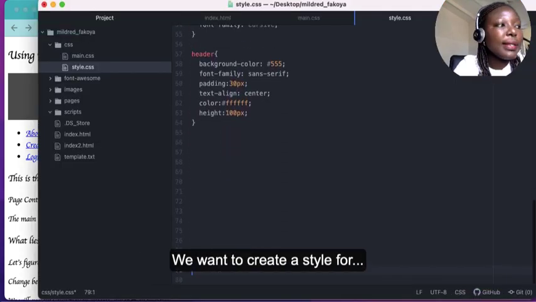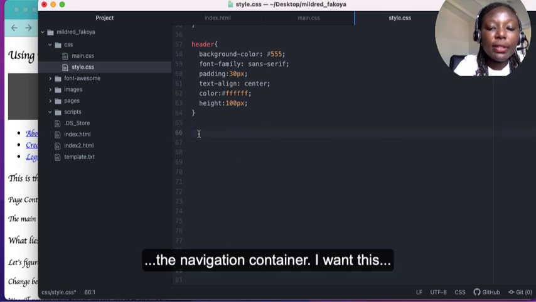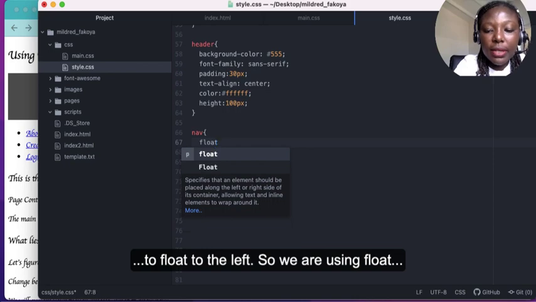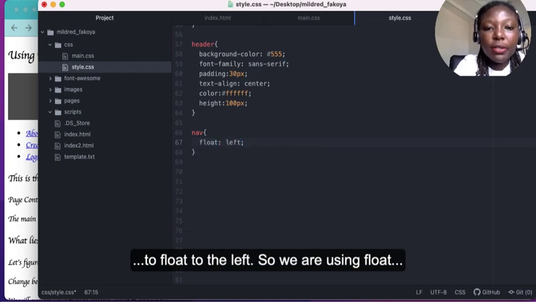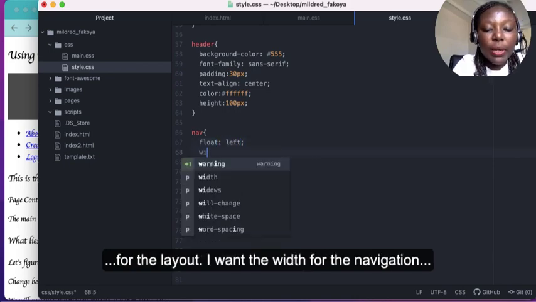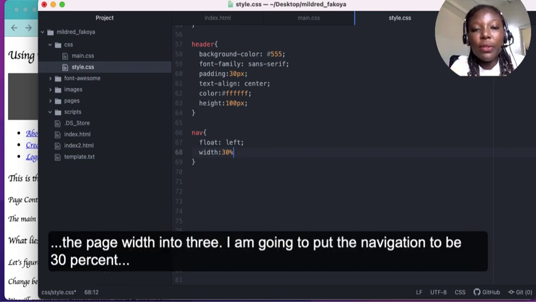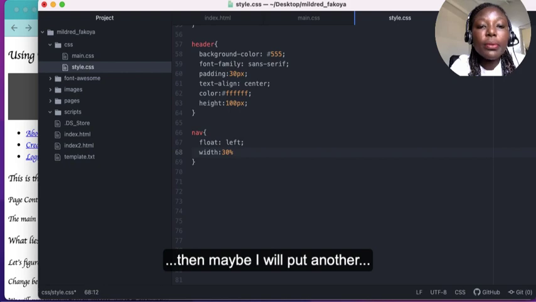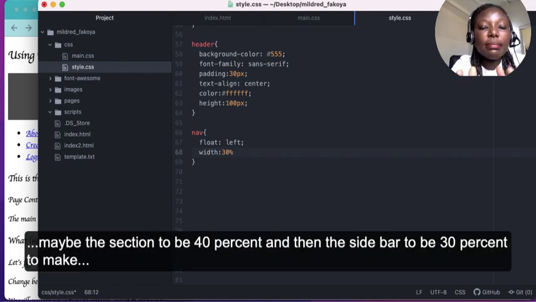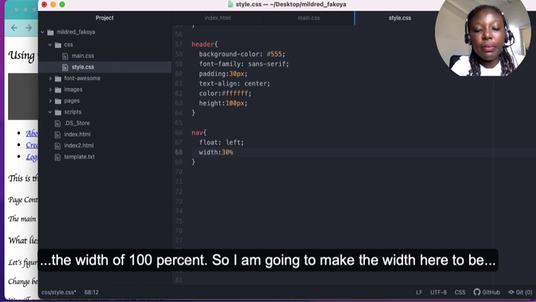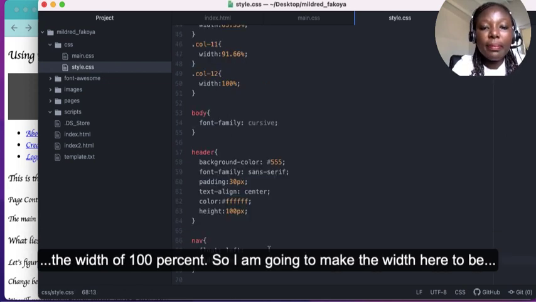We want to create a style for the navigation container. I want this to float to the left. So we are using float for the layout. I want the width for the navigation bar to be 30%. So I want to divide the page width into 3. I'm going to put the navigation to be 30%. Then maybe I will put another, maybe the section to be 40% and the sidebar to be 30% to make the width of 100%. So I'm going to make the width here to be